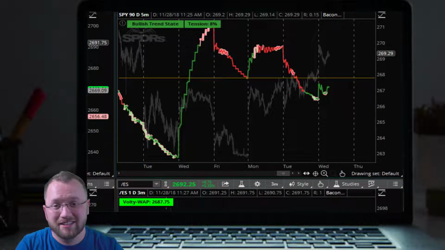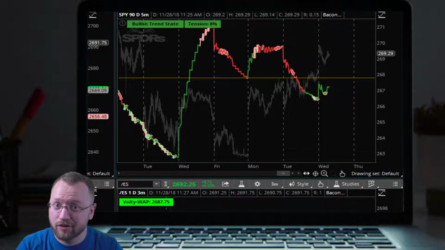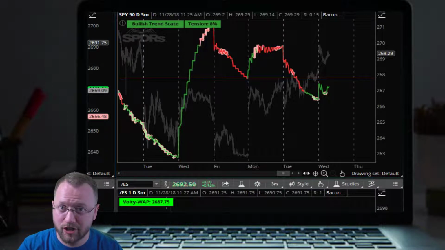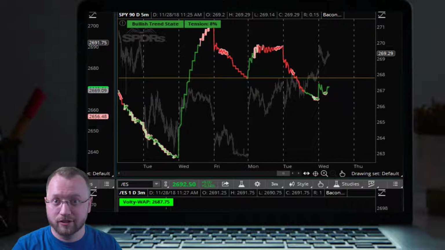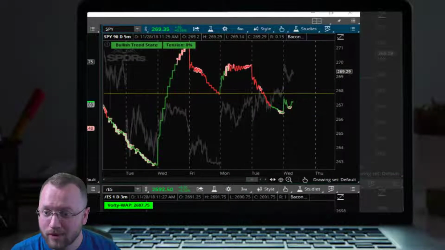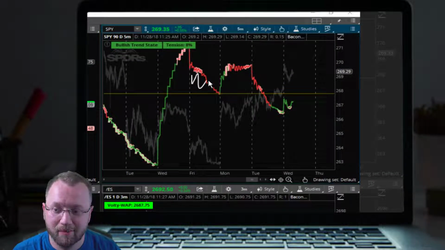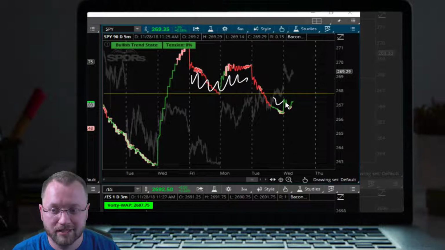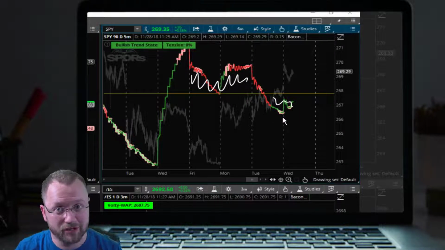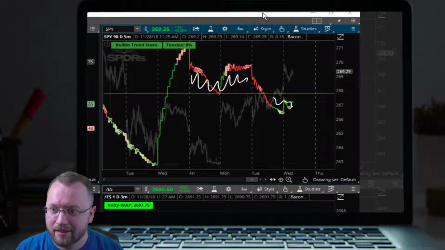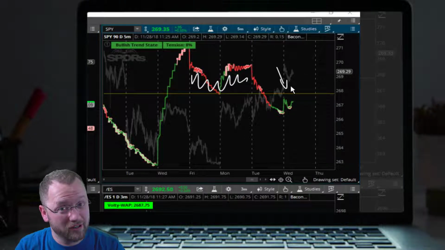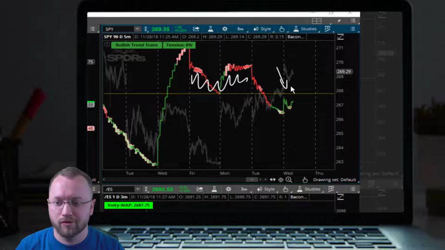Tension is the analysis of the configuration of McClellan momentum numbers on the New York Stock Exchange on a 30-minute periodicity. So let's take a look at that. What's happened here is when tension stays above zero, we get bullishness. When it stays below zero, we expect bearishness. And you can see that so far today, we have seen the market appear to stay under zero